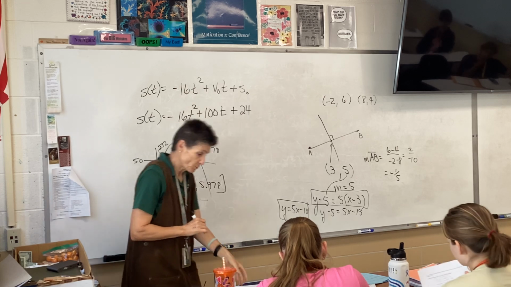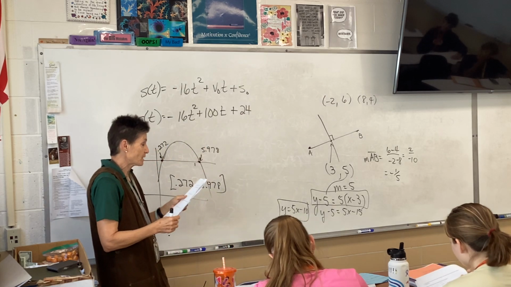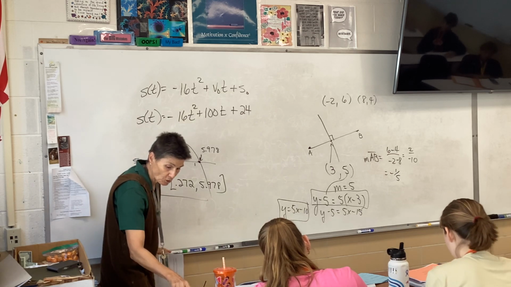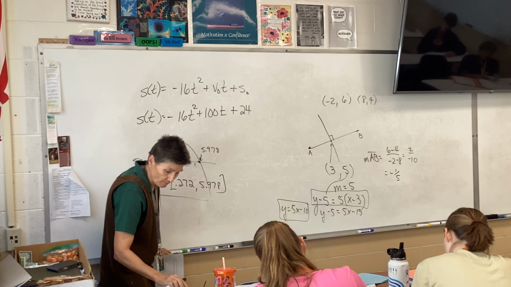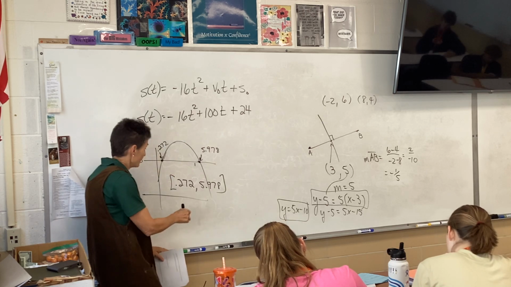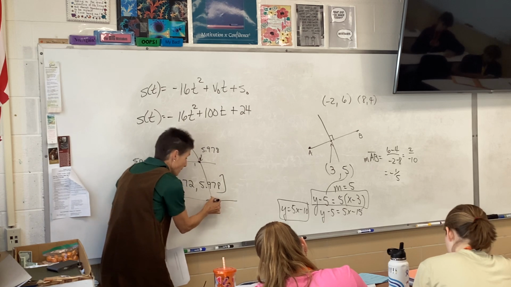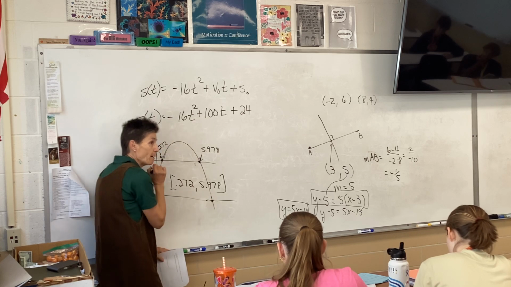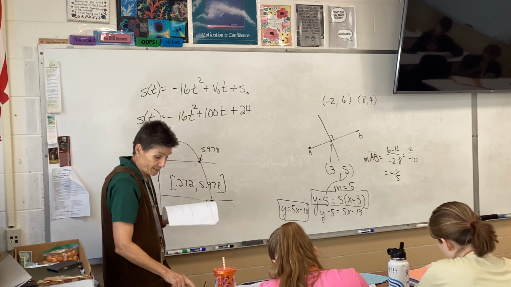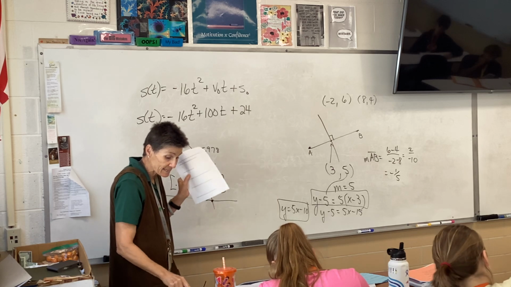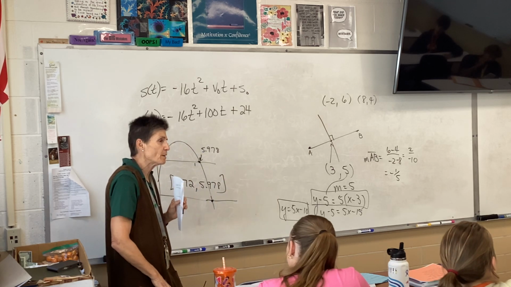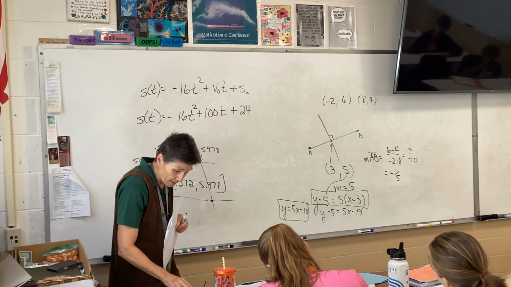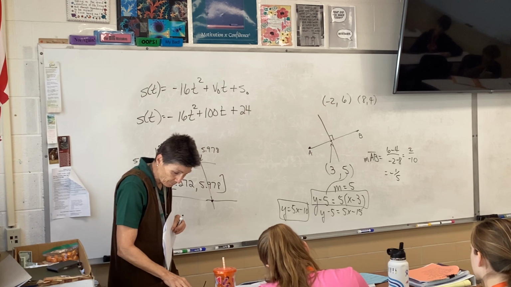Okay? So now B. When will the object hit the ground? Well, look at the picture on your screen. Just go back to your picture. Isn't this where the object hits the ground? Right there? So now we've got to find that point. But we will second calc 0 this time. You can do intersect, but since you're with the x-axis, you might as well just do 0. And we're going to set our